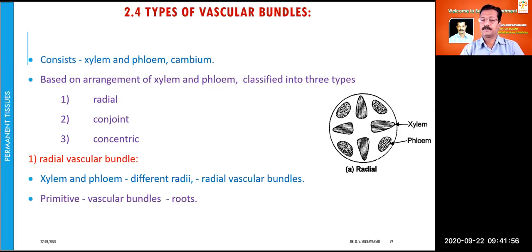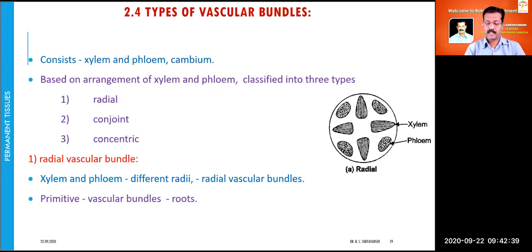So very first of all, let us see what is meant by vascular bundles, where they are present, and how their work goes in the plant. This is nothing but the combination of xylem and phloem. Sometimes cambium is there. We have seen in the stellar region, in the vascular region, inside the endodermis, there is the phloem and xylem tissue, which are concerned with the conduction of water and food material.